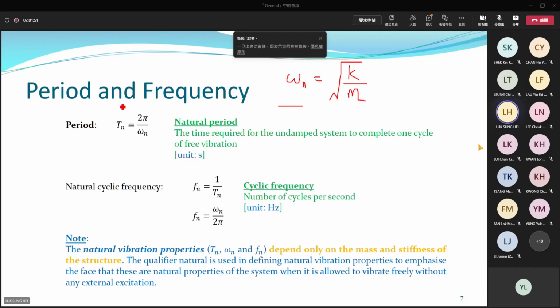I'll go back to this line. There is some relationship between frequency, period, this kind of property. Period, vibration period, Tn, as shown on the previous picture, is equal to 2 pi over omega n. So if you know frequency, you can calculate